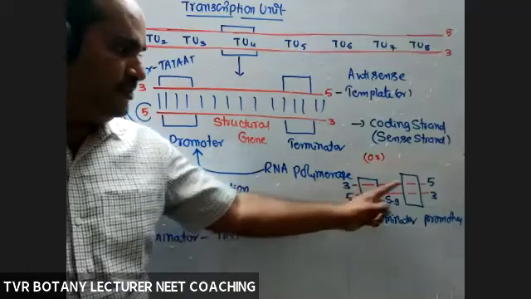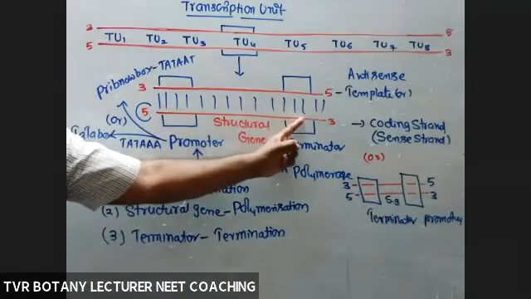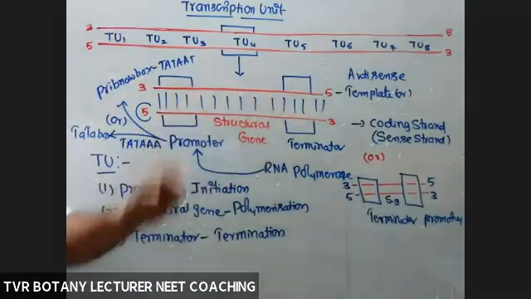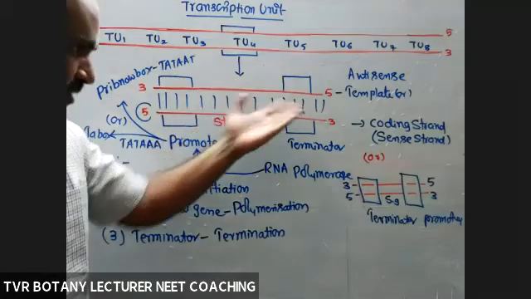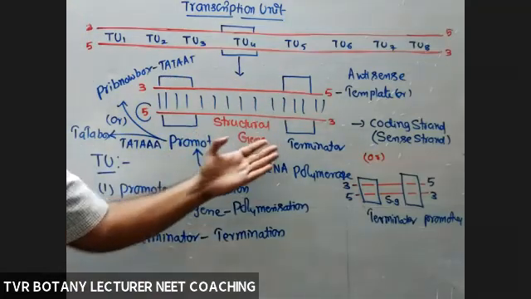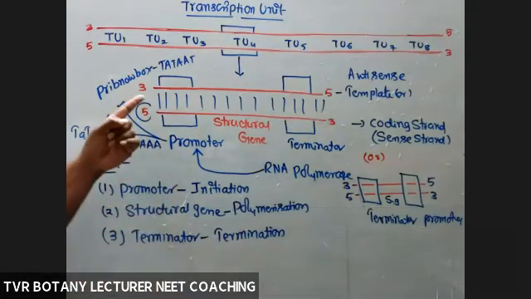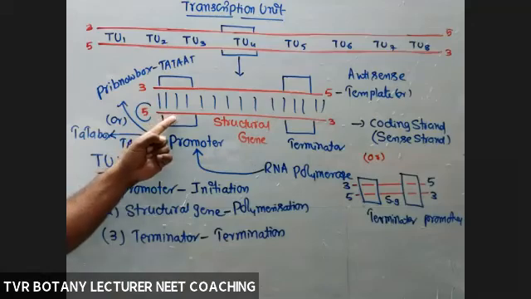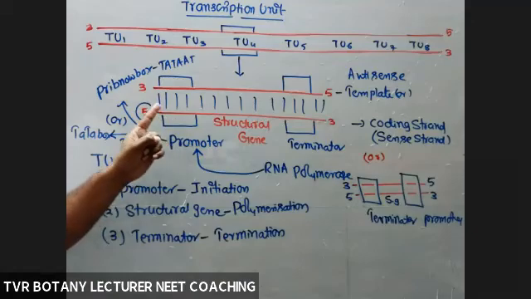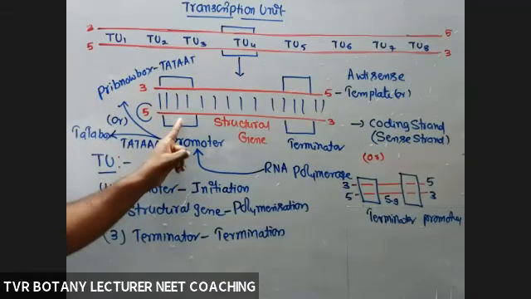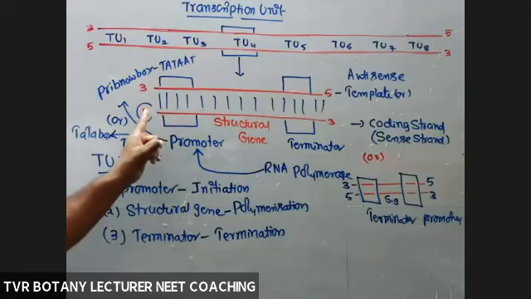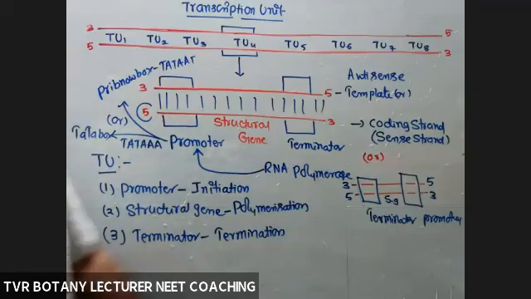So by changing the position of the terminator here and promoter here, what about the strands? The strands will be reversed. So whether it is the template strand or the location of the terminator depends on the coding strand only. All are made on the basis of reference to the coding strand. Okay, right? So here in this case, what about a promoter towards upstream of this strand? And here